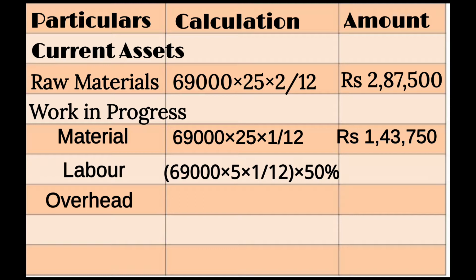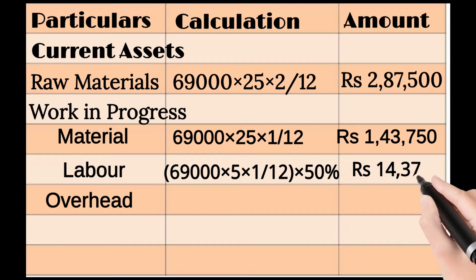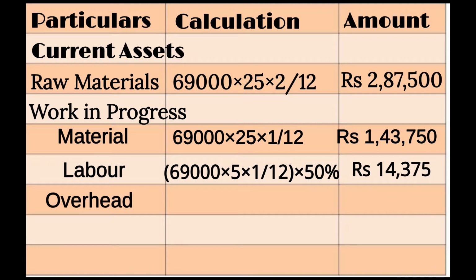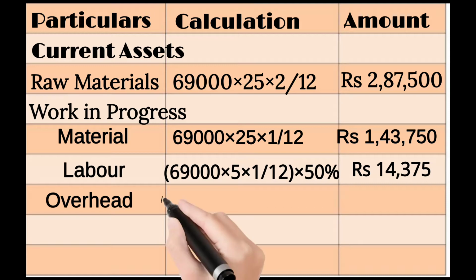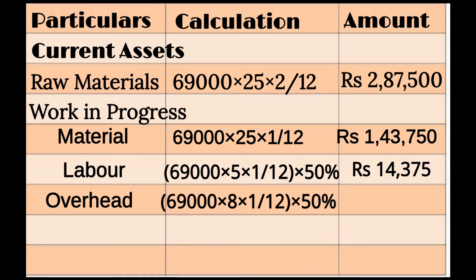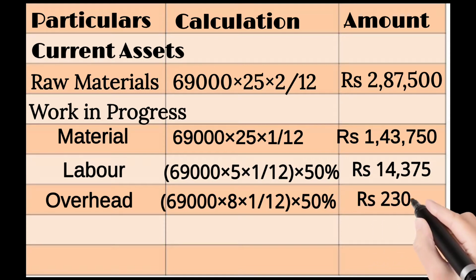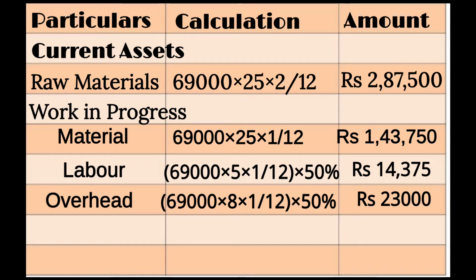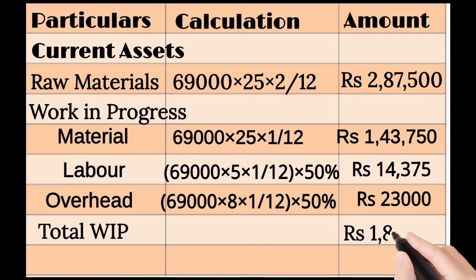because the material is still in progress. That means some wages, that is the labor work, and the expense work is to be done in the production. So 69,000 into 5 per unit cost of labor into 1 by 12 into 50% gives us labor cost of rupees 14,375, and overhead for work in progress: 69,000 into 8 per unit cost into 1 divided by 12 into 50% is rupees 23,000. So adding material, labor and overhead of WIP, we get work in progress of rupees